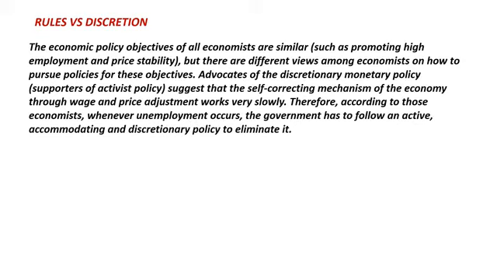The economic policy objectives of all economists are similar, but there are different views among economists on how to pursue policies for these objectives. Advocates of discretionary monetary policy, we mean supporters of activist policy, suggest that the self-correcting mechanism of the economy through wage and price adjustment works very slowly. Therefore, according to those economists, whenever unemployment occurs, government has to follow an active, accommodating, and discretionary policy to eliminate